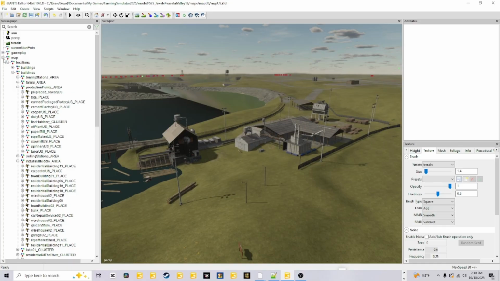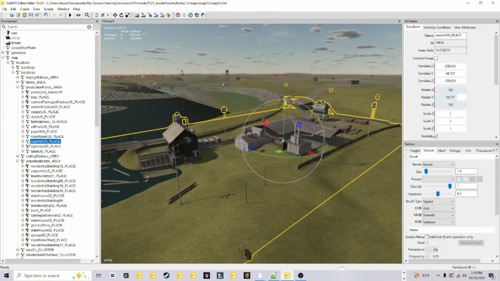Then come under Map, click it, then click Locations, then click Buildings. There won't be but one buildings in there. And then you'll click whichever one the Sawmill is under, which would be Production Points. And then you would open Production Points, and then you would see the Sawmill. Okay, then you would, if you just want the Sawmill and nothing else, then you would hit File, Export Selection